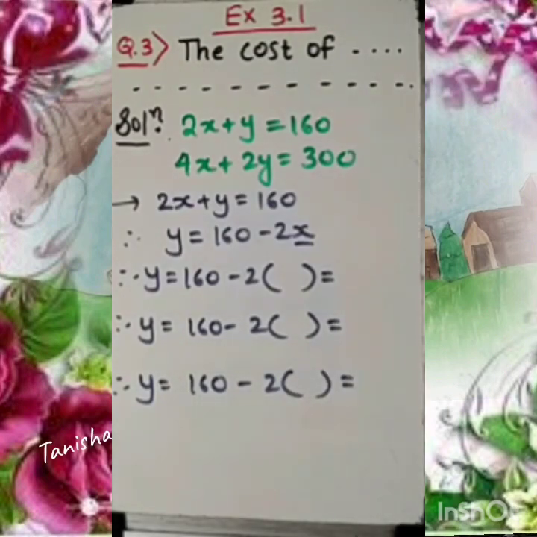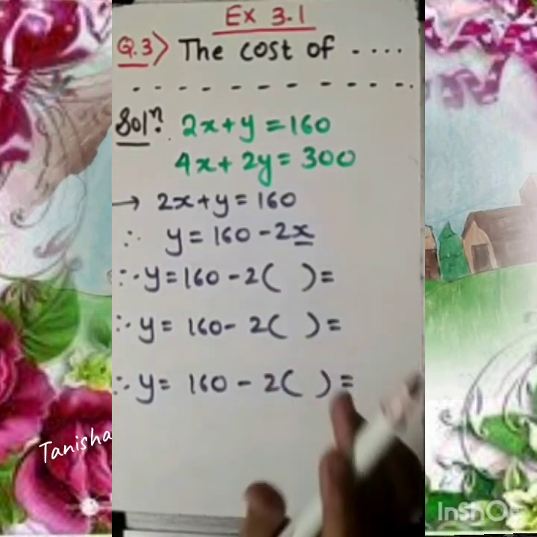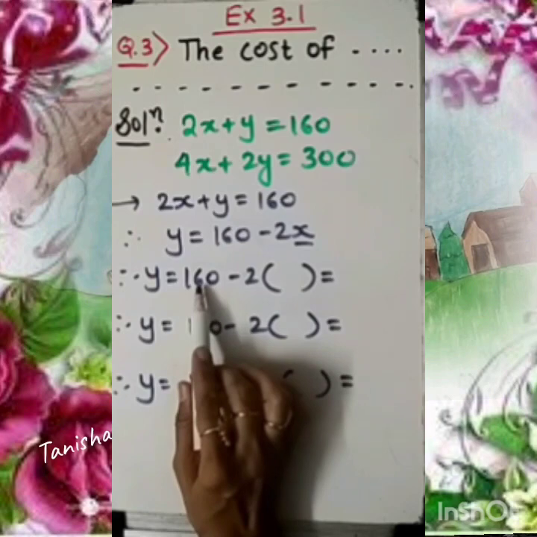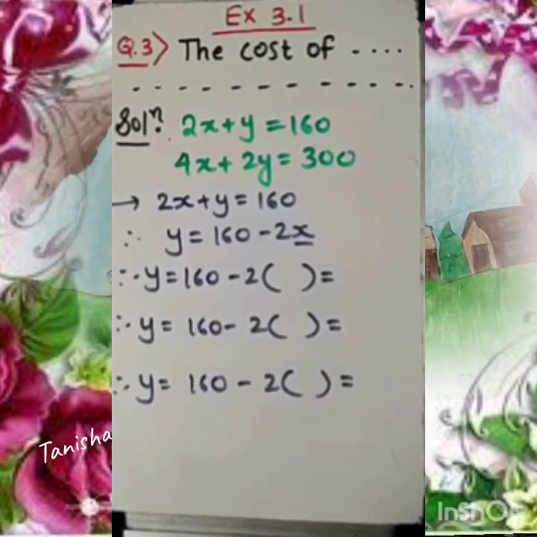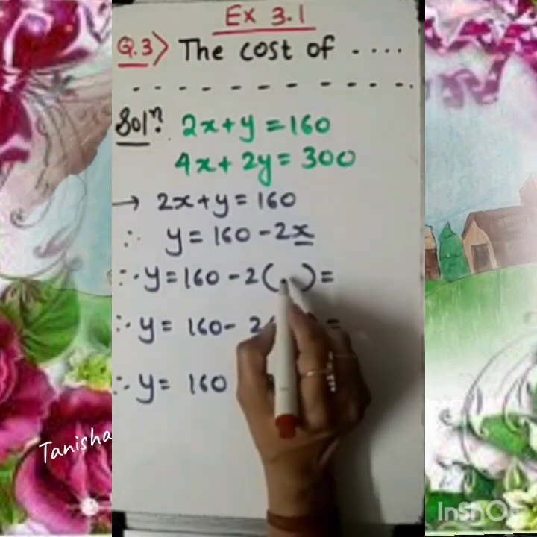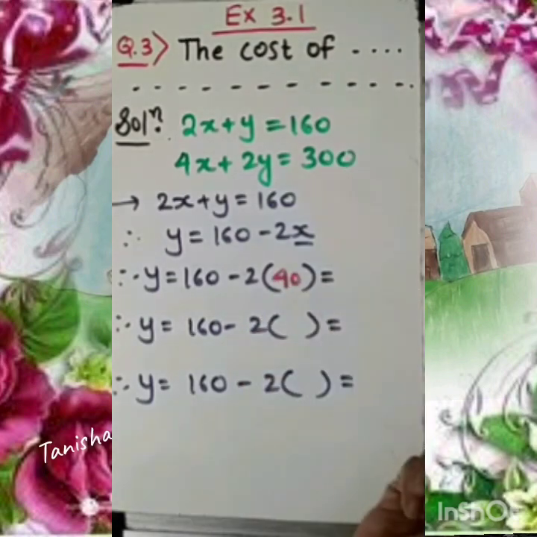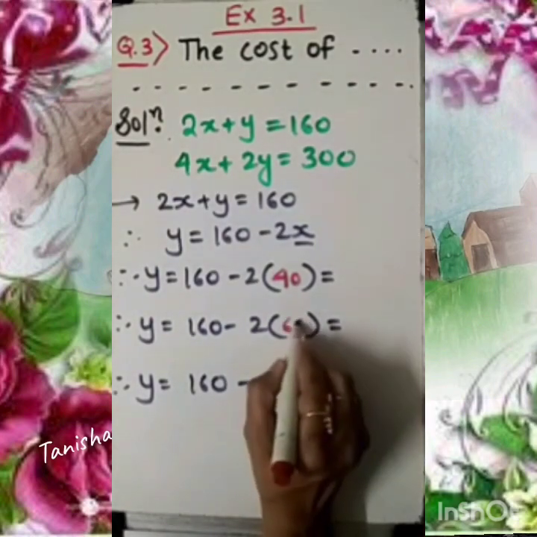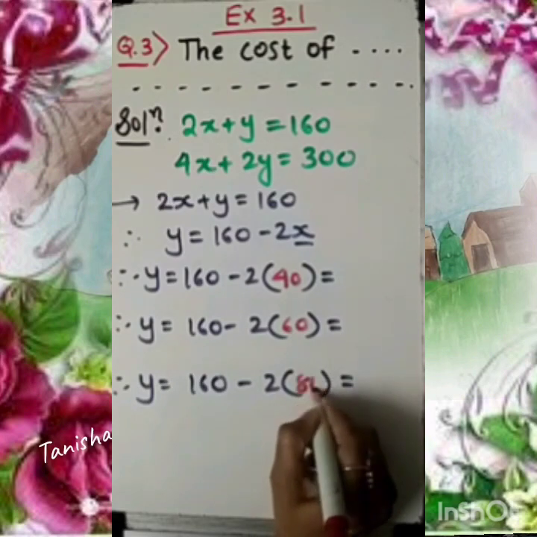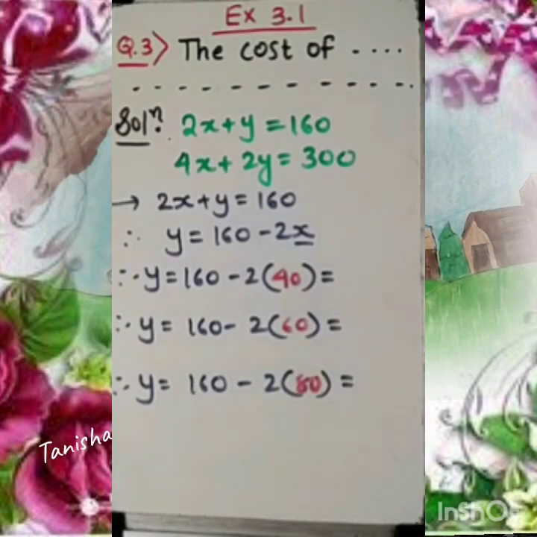Don't take small numbers, because think about that, here the number is up to 160, coming up to 10, 20, 30 like that. So from that any number we can choose randomly. Suppose I am choosing here 40. Fine. If I am choosing 40, choosing 60 here, and choosing 80 here. So this way what can be the result?